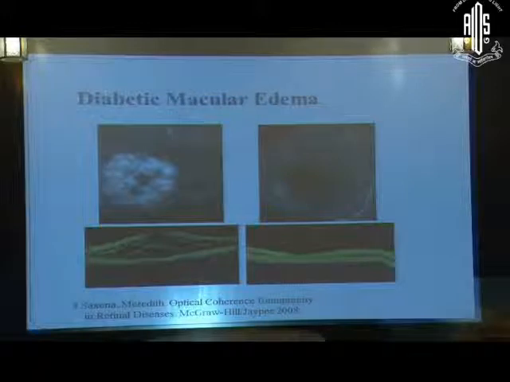And here is an example of a diabetic macular edema pre-treatment with serous retinal detachment also associated with it, whereas after the treatment things have improved and the macula has flattened, and now one can proceed to do a laser photocoagulation.